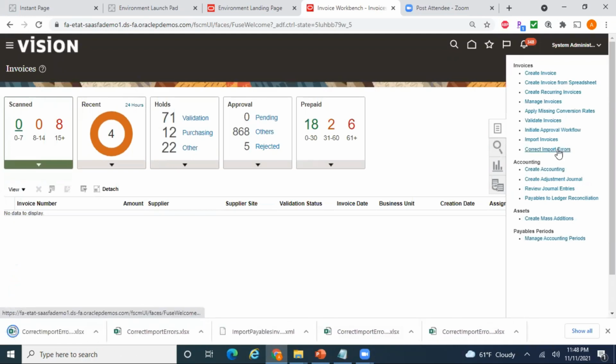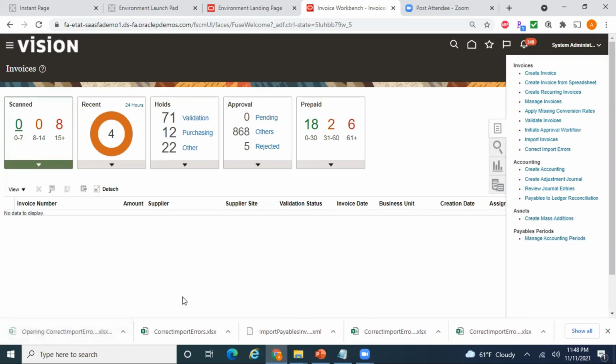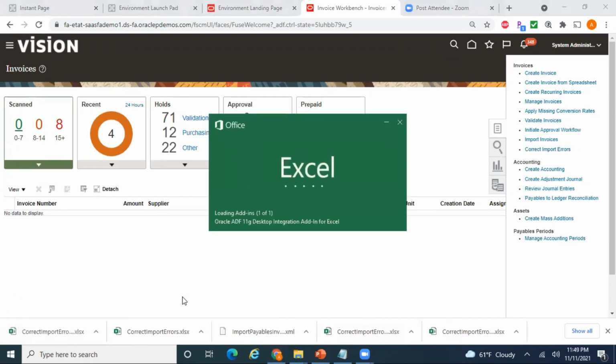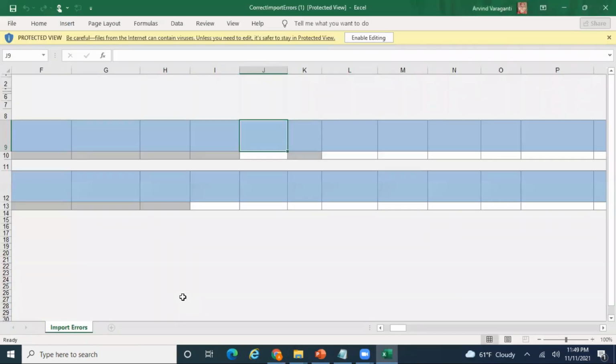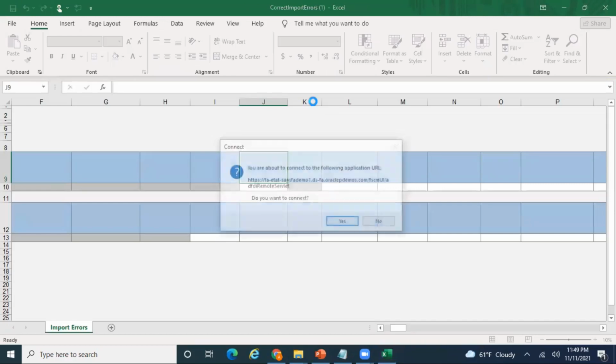Again, follow the same process. Correct import errors. Download. Enable editing. Connect.